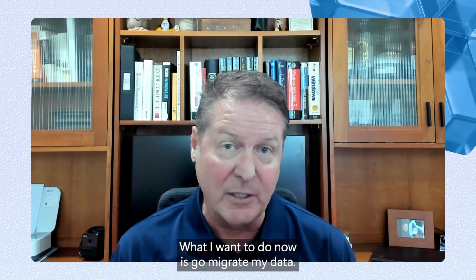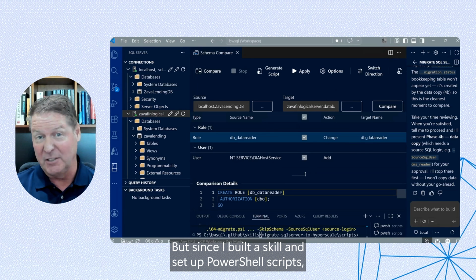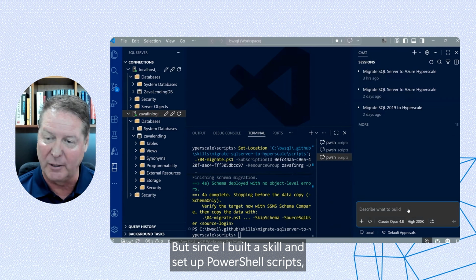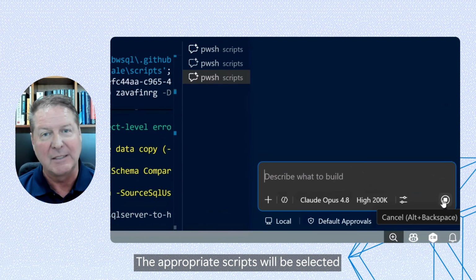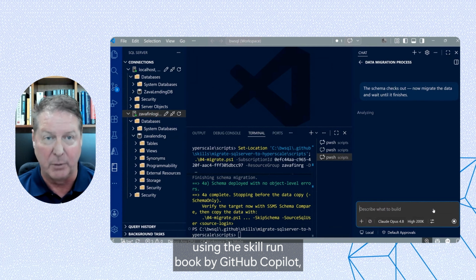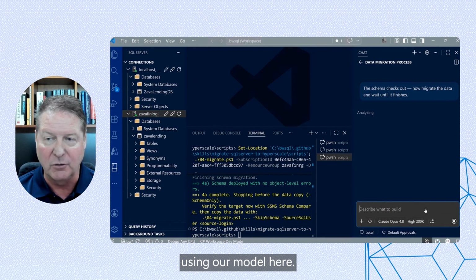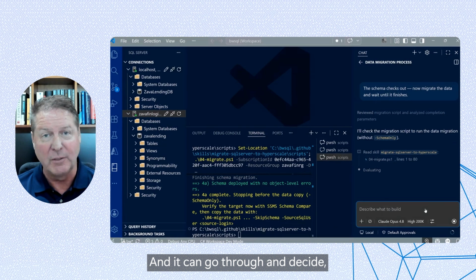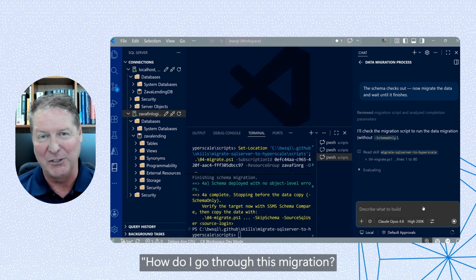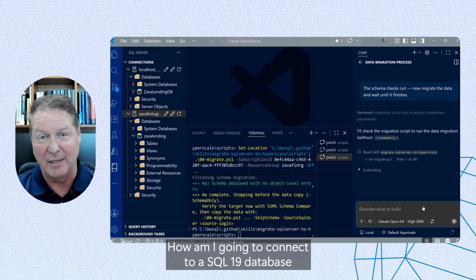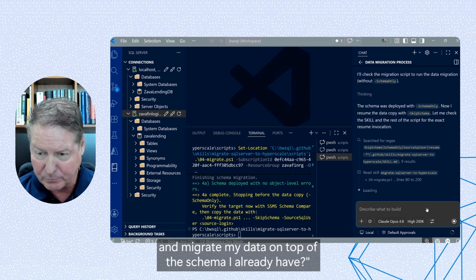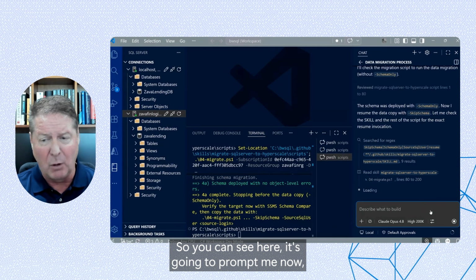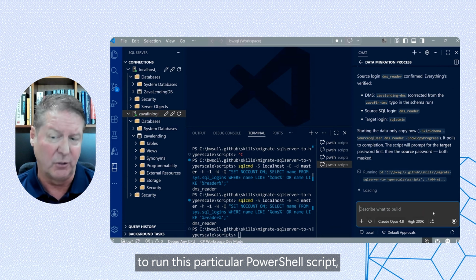What I want to do now is go migrate my data. But since I built a skill and a set of PowerShell scripts, I can use a prompt like this. The appropriate scripts will be selected using the skill run book by GitHub Copilot, using our model here, and it can go through and decide how to do this migration. How am I going to connect to a SQL 19 database and migrate my data on top of the schema I already have? So you can see here, it's going to prompt me now to run this particular PowerShell script,